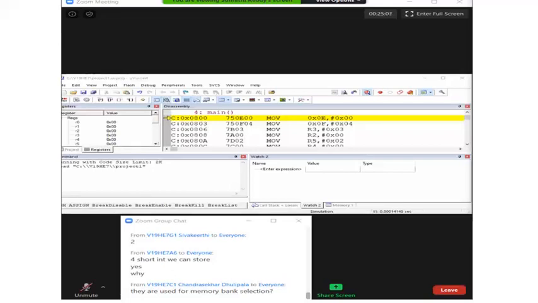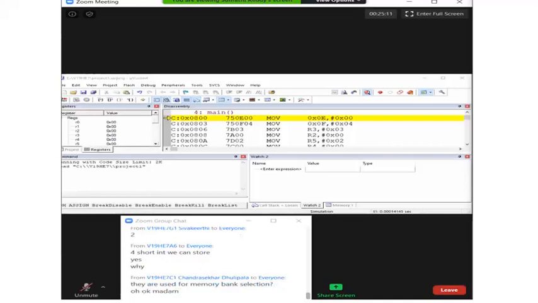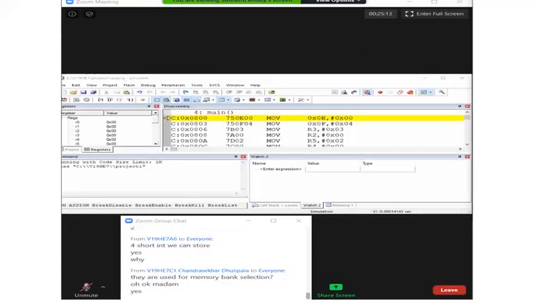RS1, RS0 which is in PSW used for memory bank selection. R0 and R1 they are used for indirect addressing, that is to hold the address.